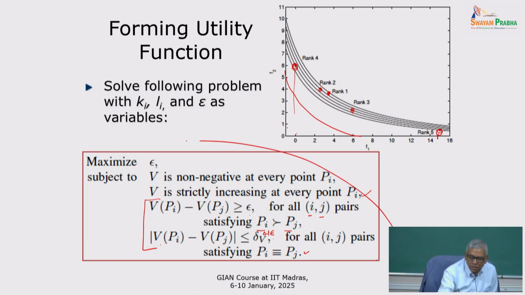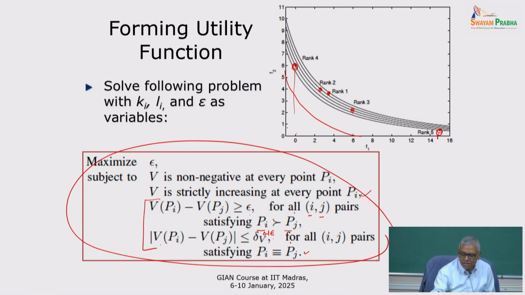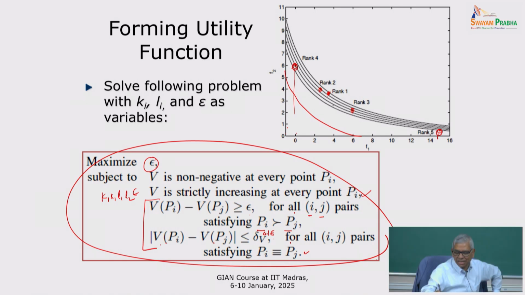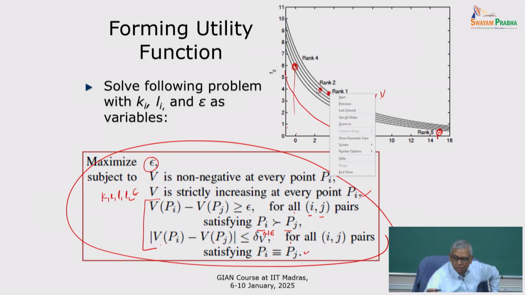So if you solve this problem for the given decisions, you will get an epsilon, and you will get the variables k1, k2, l1, l2. You are going to get a value for all of these and then you can plot this value function for each of these points, and I have done that for the optimum value. The higher you go up here, the higher the v value. You see that rank 1 is at a higher v than rank 2 because it's slightly lower, right? And then rank 3, then it passes through rank 4, and then finally passes through rank 5.